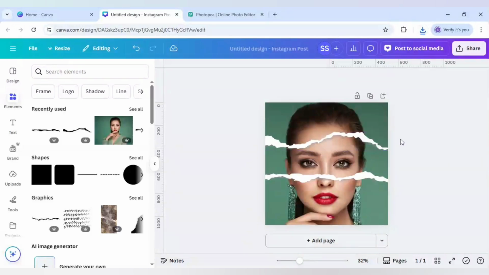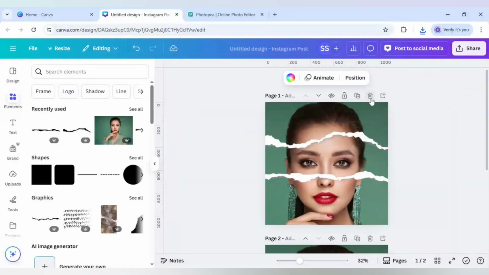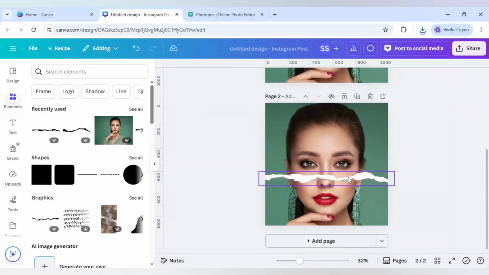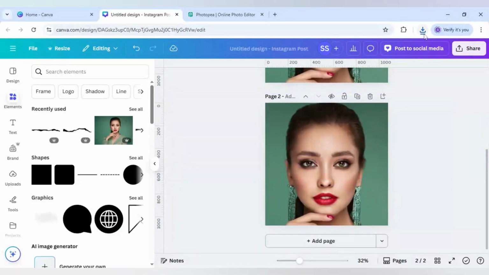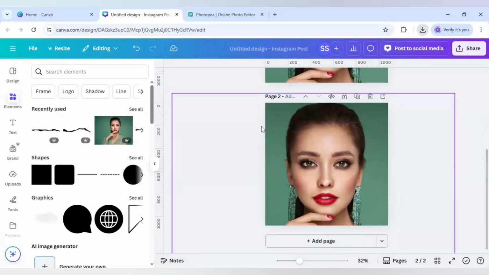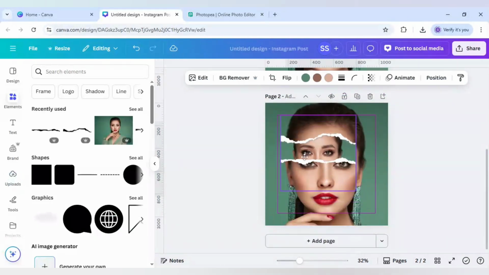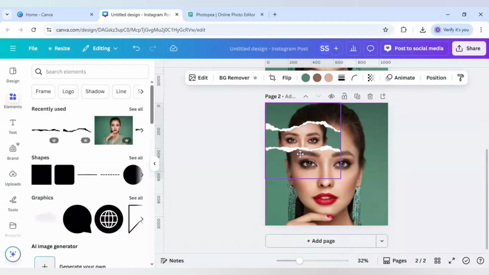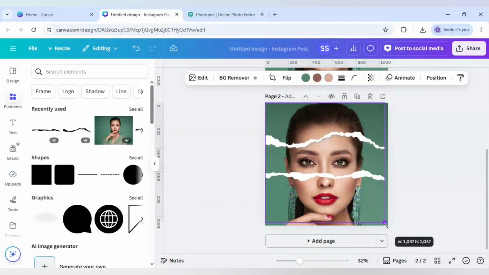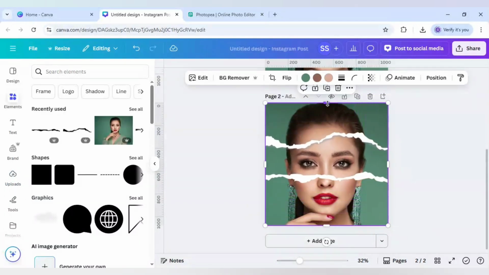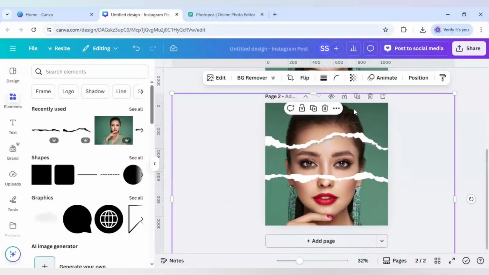Now just come back to Canva here and click on duplicate page and remove the paper strips now. Okay, and after that I will just re-upload the image which I created from Photopea to Canva. So the uploading is done. Now I will just make it to the same size of the canvas. Okay, and just crop out this part so that I can select the back side of the image and click